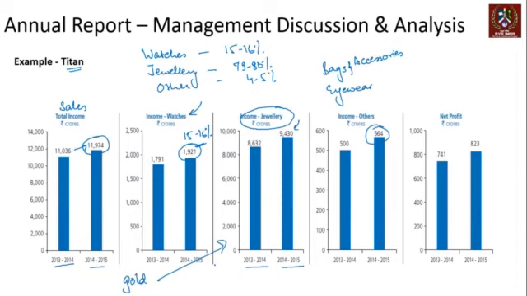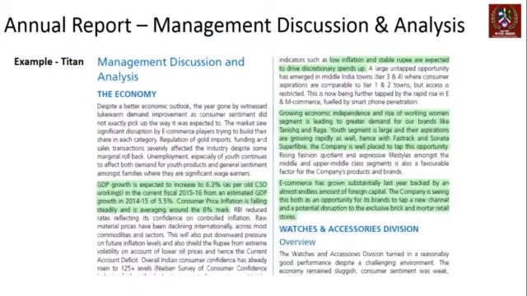If you go further into this report, Titan has a very detailed management discussion and analysis section, where they talk about the industry, the economy, and then individual segments and how they have been doing, right? I've taken excerpts from that so that we look at some parts and try to understand them. Obviously, reading everything at this juncture may not be possible, but we will look at specific parts. So let's look at the management discussion and analysis from the Titan annual report for